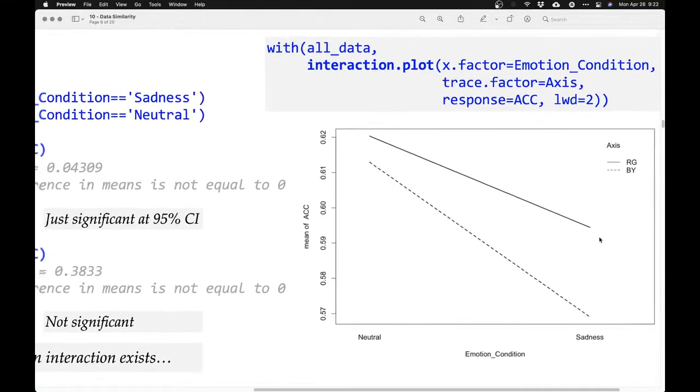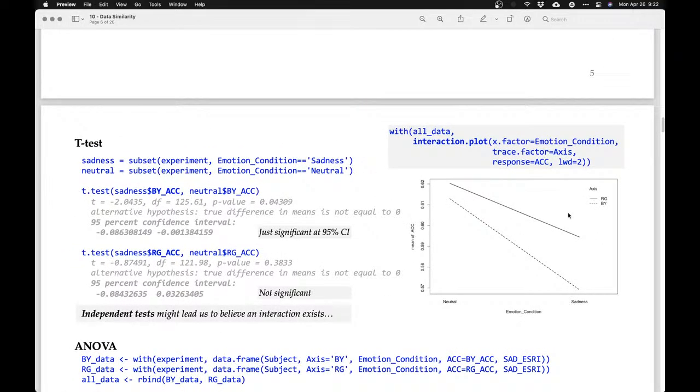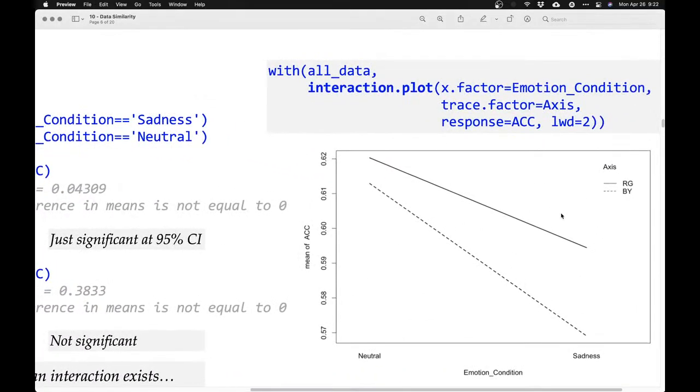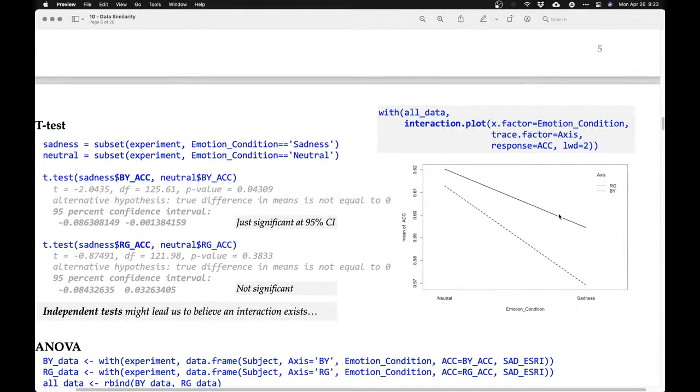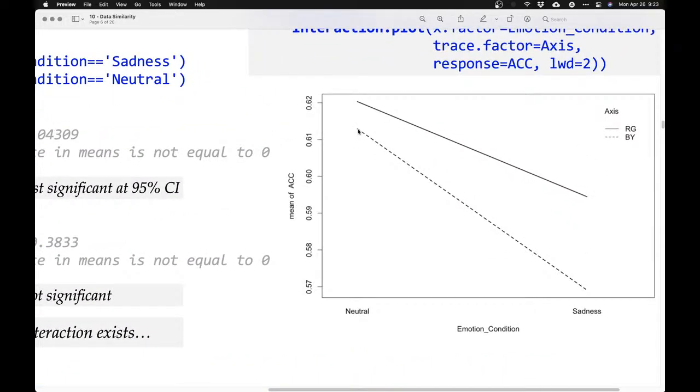So just to point out what's happened here: for blue-yellow, that's this dashed line, the difference between neutral, which is up here, and sad, which is down here, is significantly different. This is a significant difference between neutral and sad. Okay? For red-green, the difference between neutral, up here, and sad, down here, was not significantly